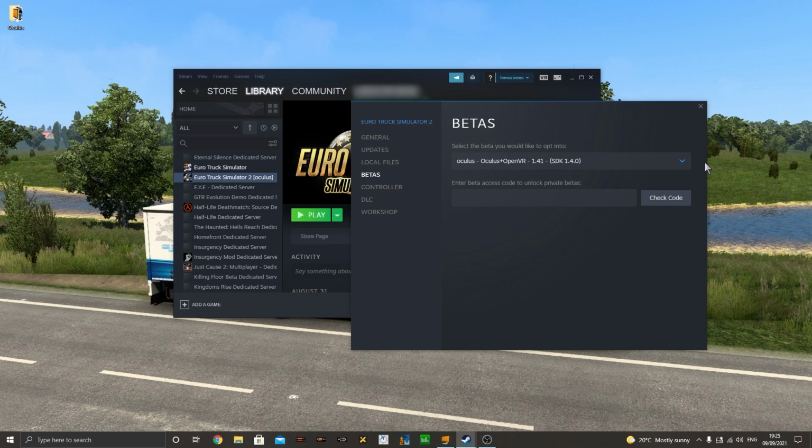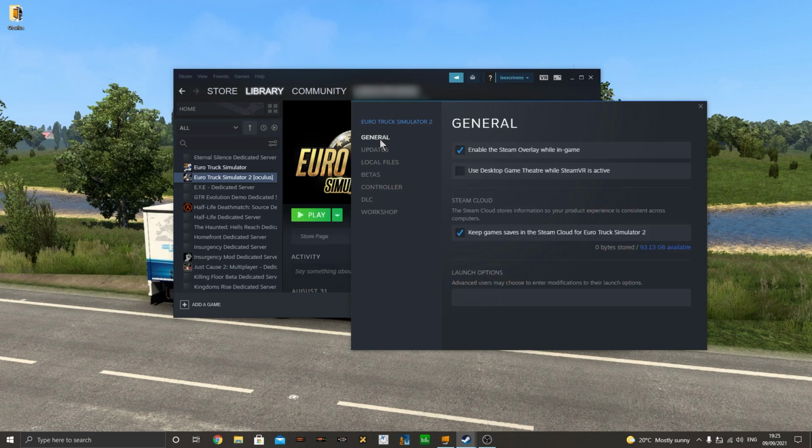Okay, the next thing you need to do is go into General, and you need to put in these launch options. Now, if you're using the link cable, you're just going to put in minus Oculus. That will be the best for using the link cable, but if you're using the Virtual Desktop, it uses the OpenVR function or feature. So you put minus